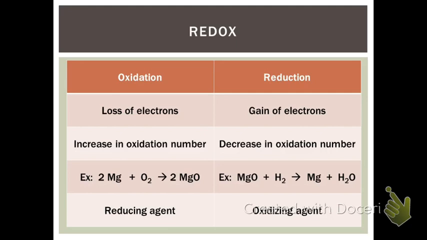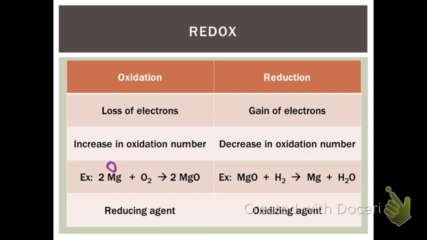You can track the loss and gain of electrons by looking at oxidation numbers. If the oxidation number increases, then it would be considered to be oxidation. If the oxidation number decreases, then it would be reduction. Here are some examples. Remember, just to recap, if you want to assign oxidation numbers, elements that are all by